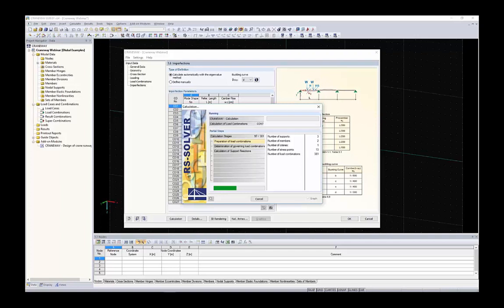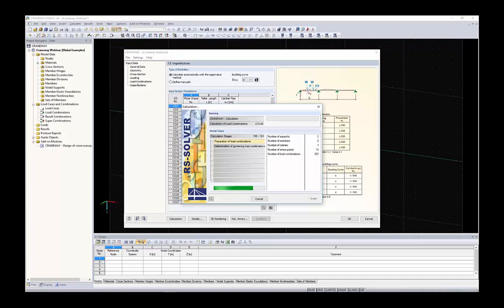Will take some time for the 381 load combinations. There are 2 ways of calculation implemented in this program. You have a fast calculation, which means that the design will run according to first order theory first, and then the worst load combinations and design situations will be designed according to P delta or second order theory calculation method, including the